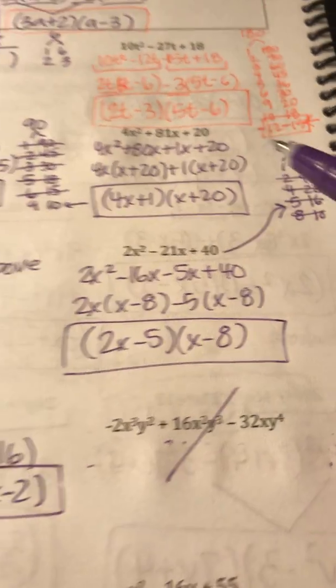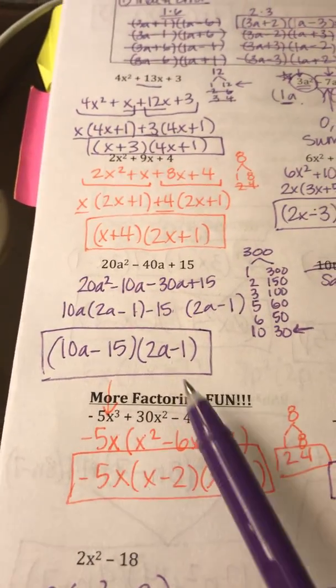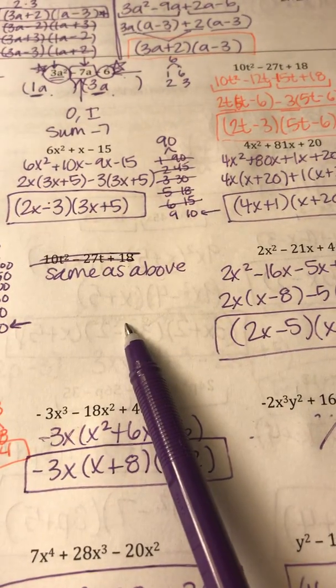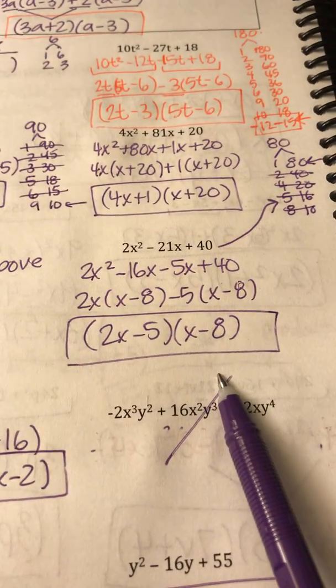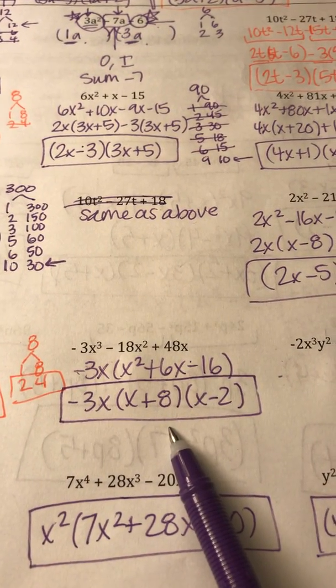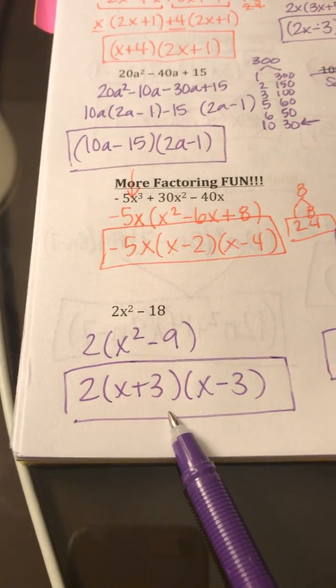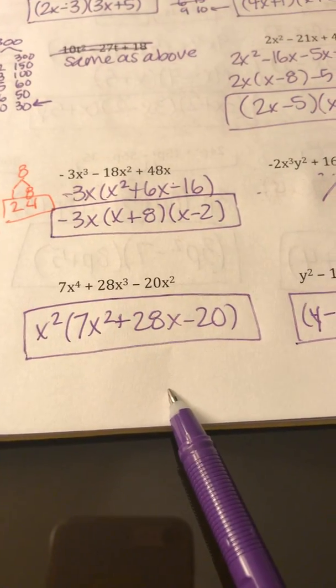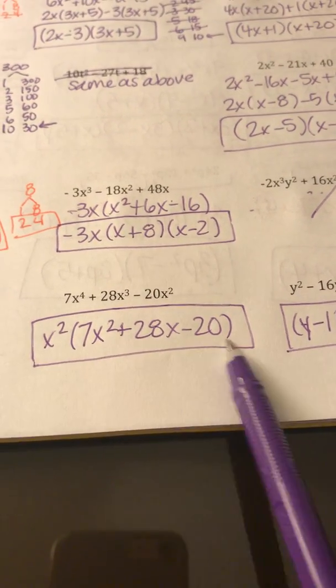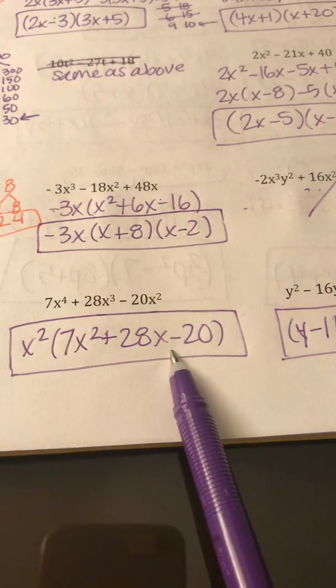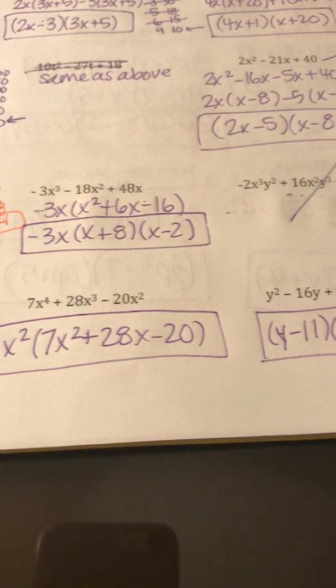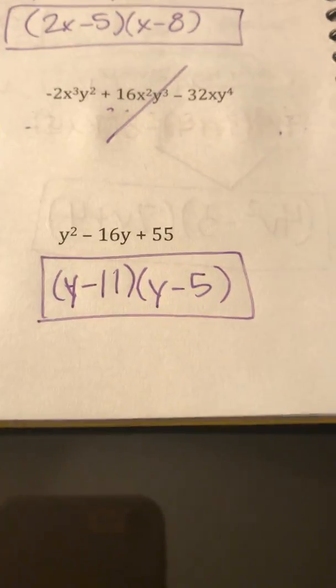I think so. This one. This one was the same as the one we did above, so don't worry about that. This one. This one here. This one we didn't do any work with the two variables, so don't worry about that. This one. This one. This part right here in the middle is prime. There's no factors of 140 that add up to 28, so go ahead and leave that one. And finally, this one here. Okay? Alrighty, now,